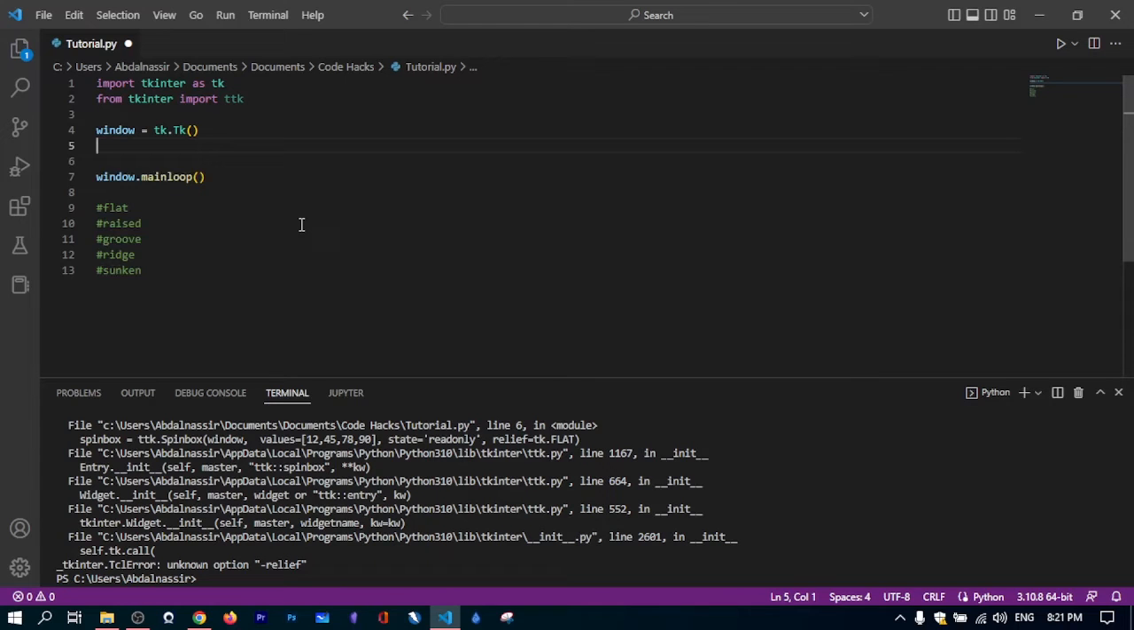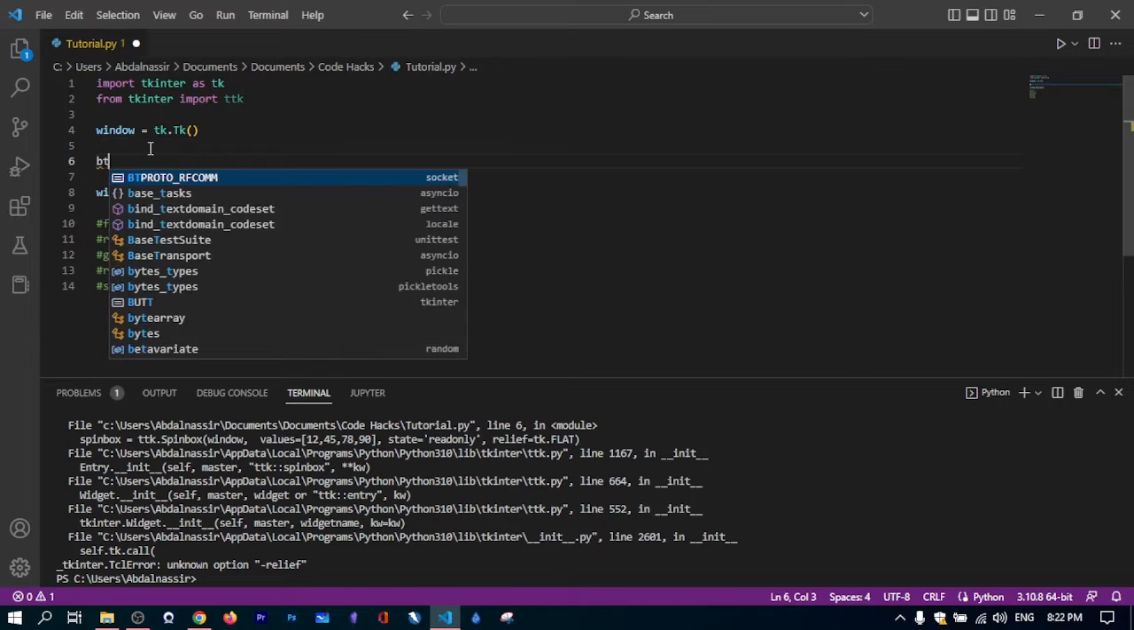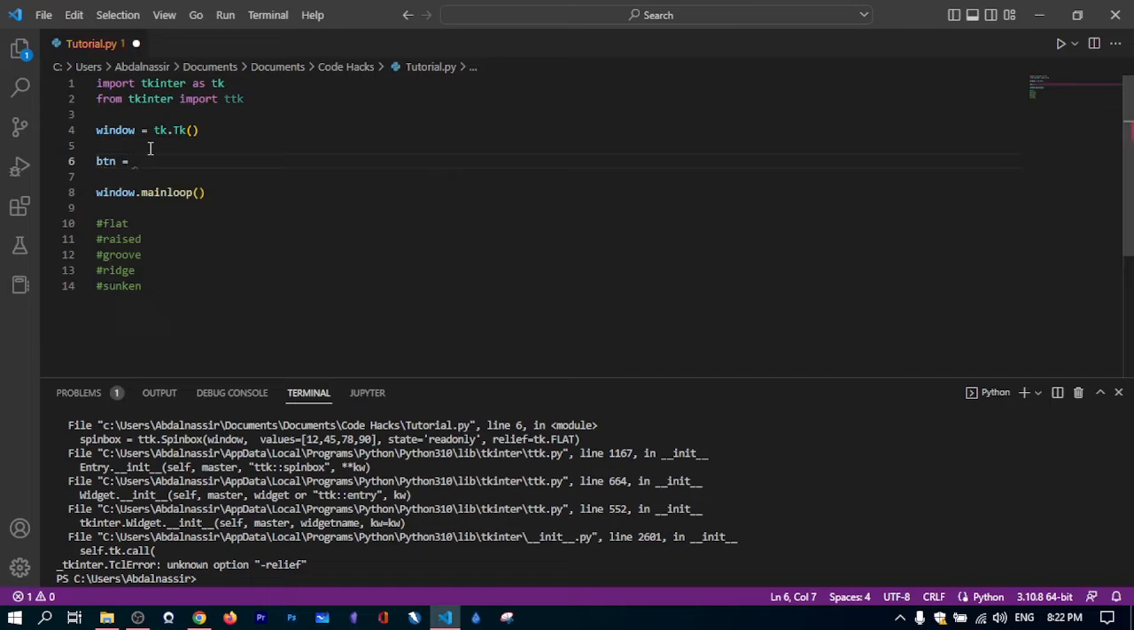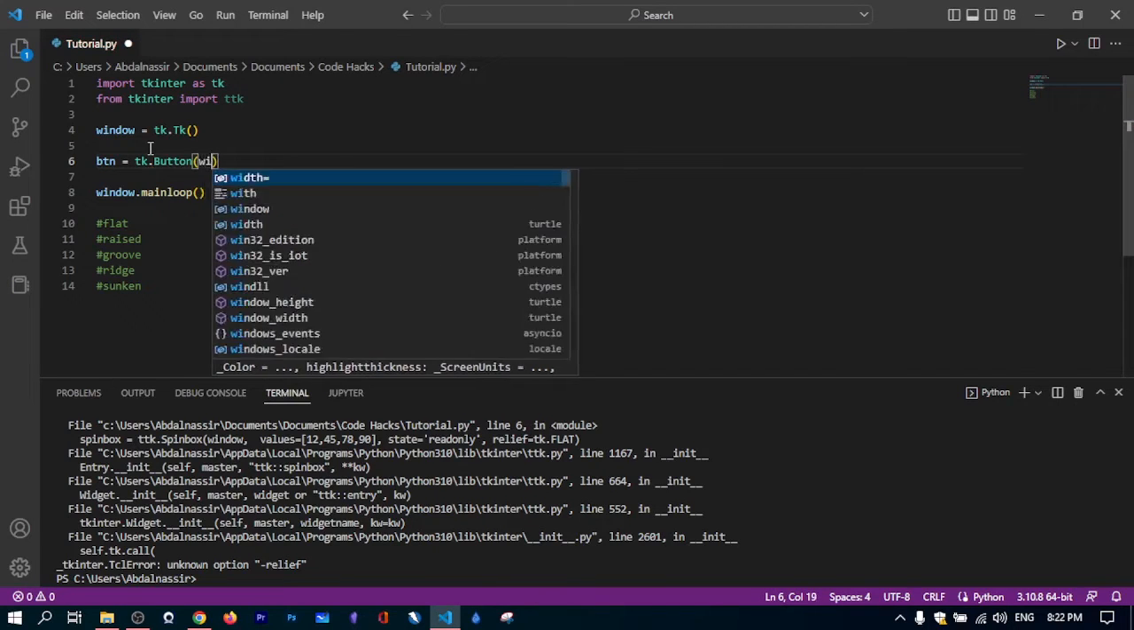So now let's talk about relief. Now relief is basically style for the widget, and we have 5 main styles. They are flat, raised, groove, ridge, and sunken. To understand that more, create a button, and this button will be TK button, and we add that to the